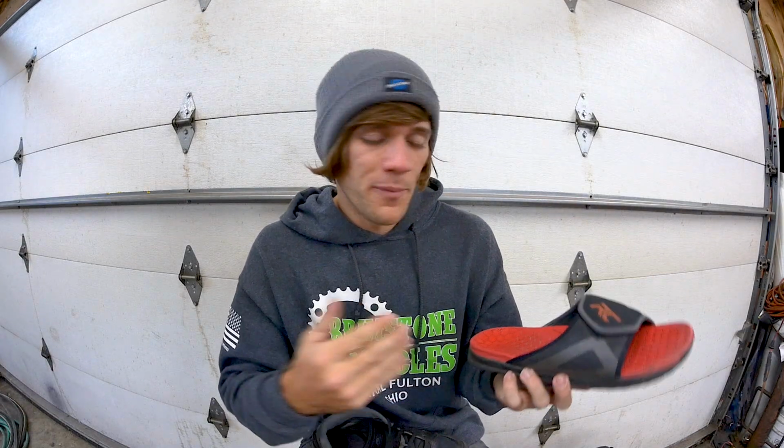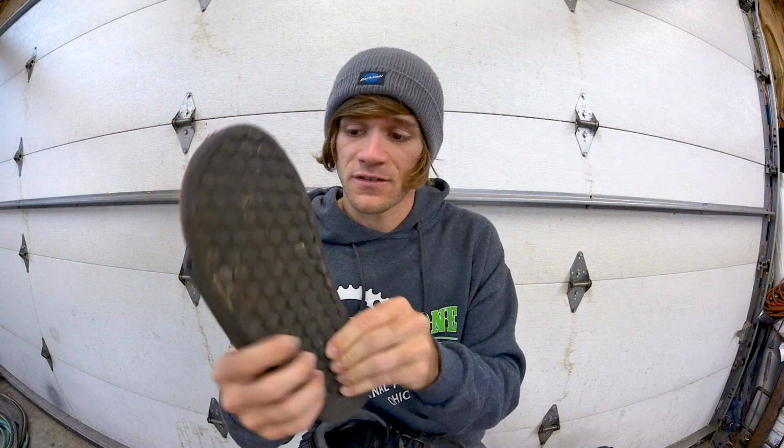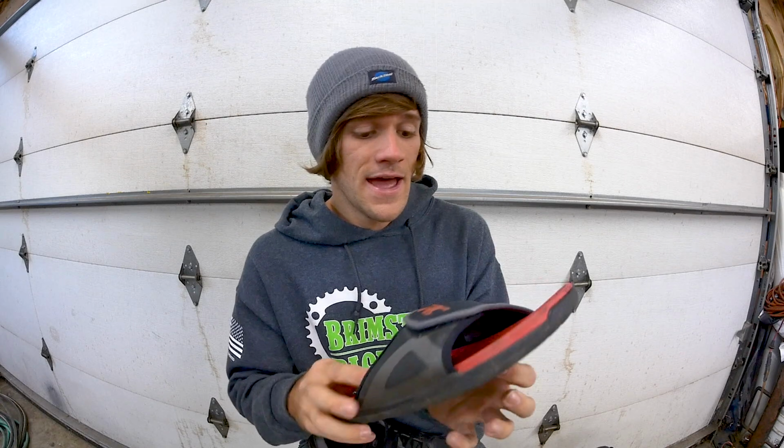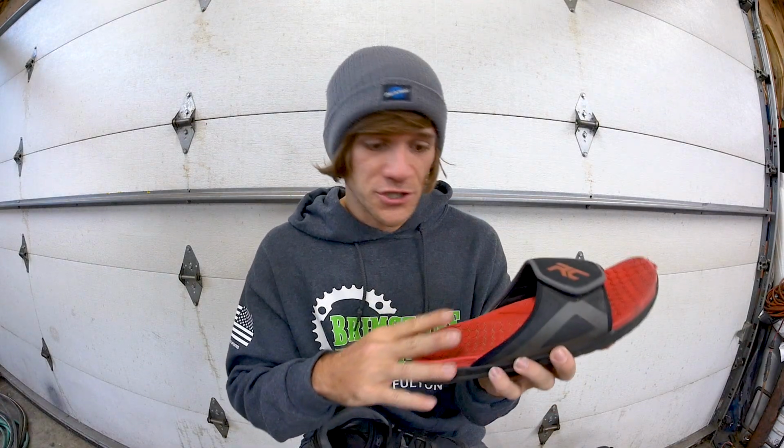So I know these aren't meant to be a riding shoe replacement, but we're talking about each category of every single shoe here, so we still needed to cover the stiffness in regards to the coaster slide. And in all reality, these things genuinely feel like a shoe without the rest of the shoe. That being said, we can move on to the next category on my list, and that is weight,